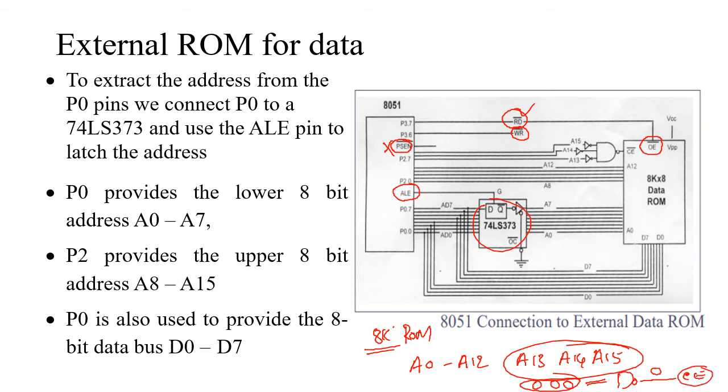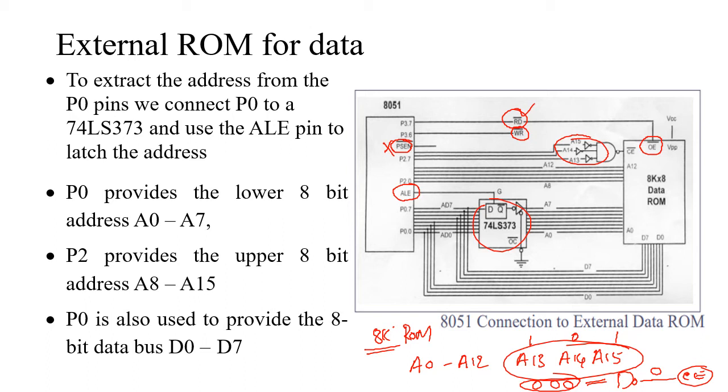Either you can use this or you can directly connect an active low signal to the chip enable bar. This particular setup is to avoid unnecessary or out of range addresses. Sometimes what happens is, if any of these pins, that is A13, A14, A15, gets some junk values, 1 instead of 0, then the data that is being read will be from some other address rather than the intended address.